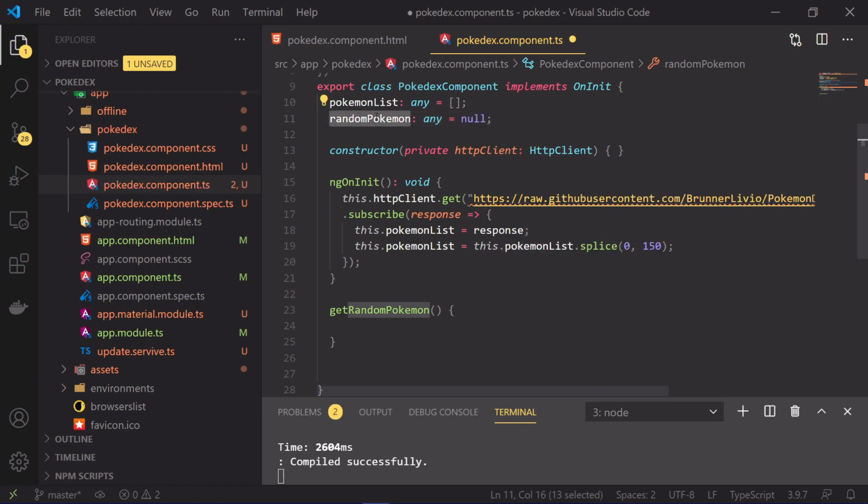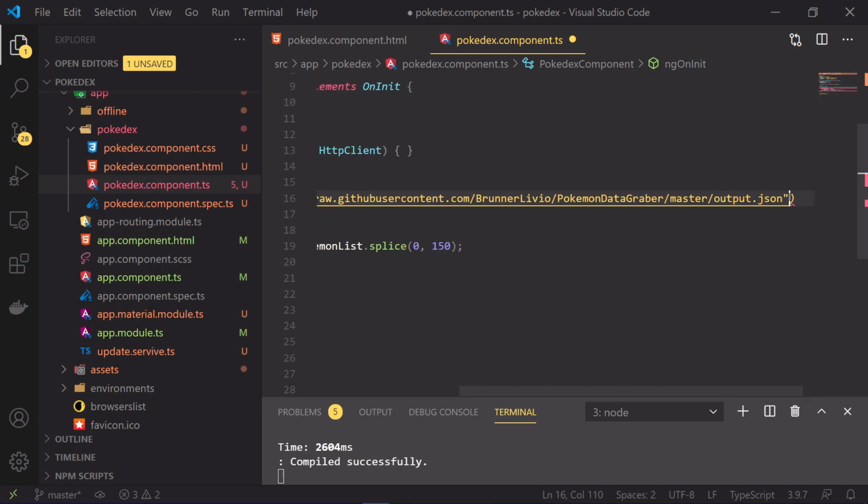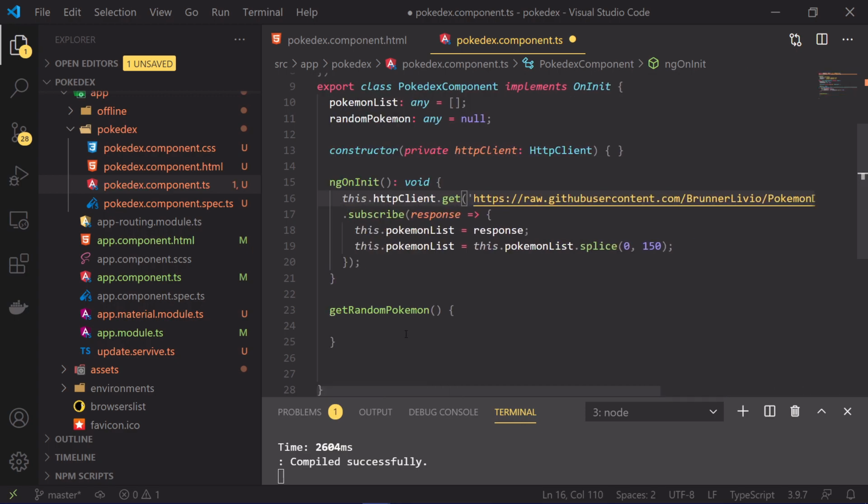Okay, so I don't want a random ID, I can just go with the random Pokemon. That would be an entire object, and what I want is a random number which I can use to get the data from. The lint always gives a problem. So let me get a random number.